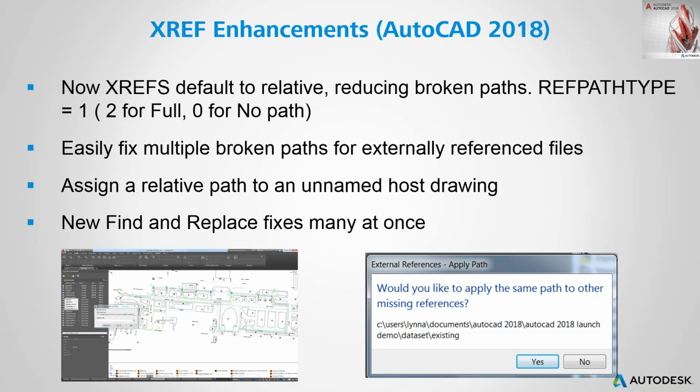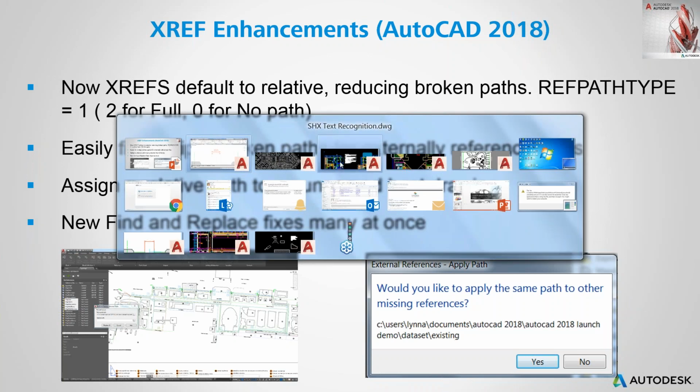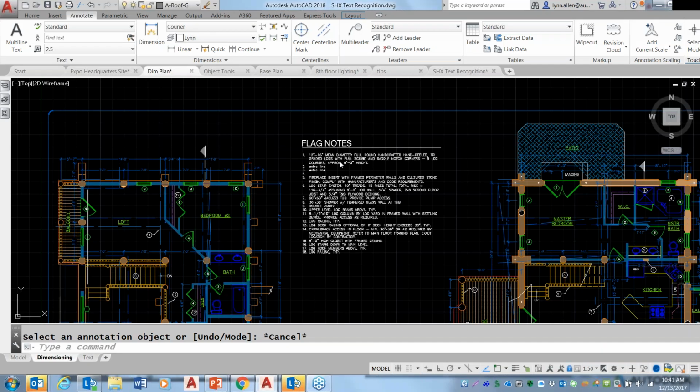Anyway, okay, there's also a whole bunch of new ways to fix broken XREF paths. And I just say in general, the XREF manager is a little more easygoing, which I appreciate. And so the goal here is moving forward, less broken paths, and also so much easier to fix it when you do have broken paths. Let me show you what I'm talking about. All right, you're going to like XREFs again. So let's go over to,